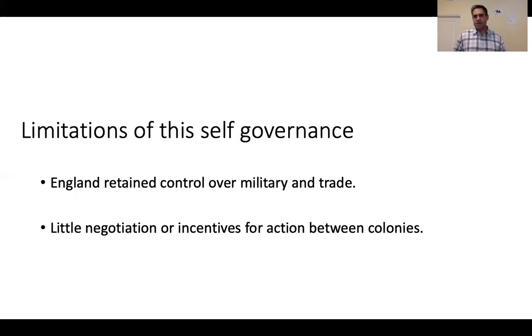What that means is that the colonists were dependent upon their English colonial masters, if you will, to provide for military protection. More importantly, the colonies had no international trade delegations, no efforts to independently negotiate trade. This was controlled by